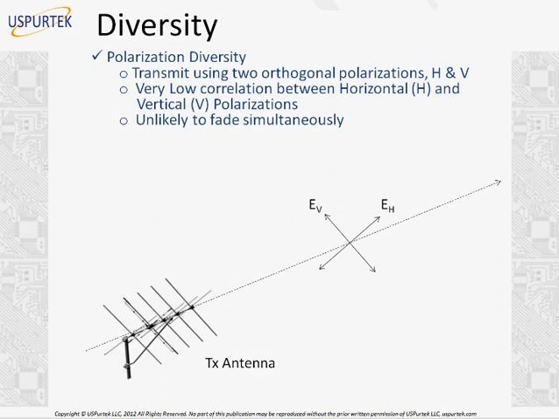So after time diversity, we have polarization diversity. Now this is very straightforward. In the previous webinar, we have seen that we can have multiple polarizations, vertical and horizontal. We can have a circularly polarized transmission where we have an electric field with a vertical EV component and an EH component. Now it is determined by measurements